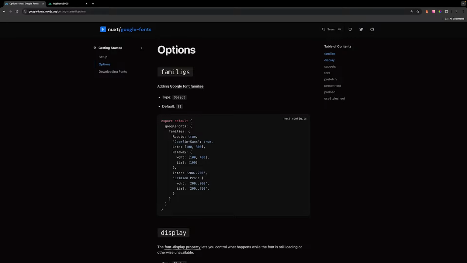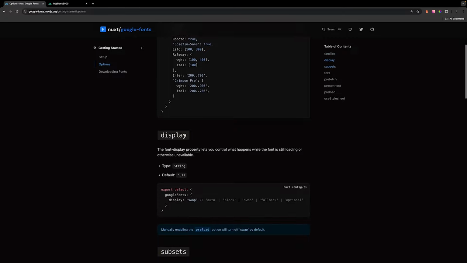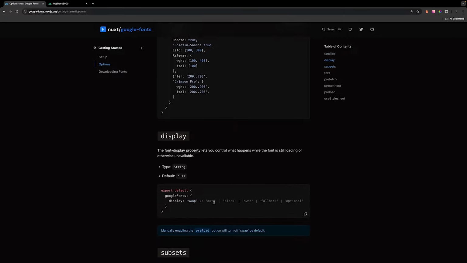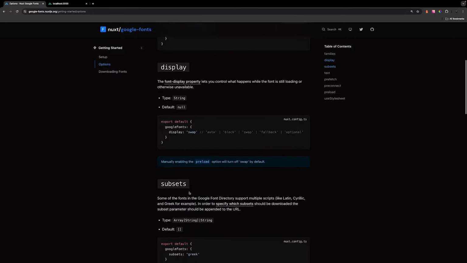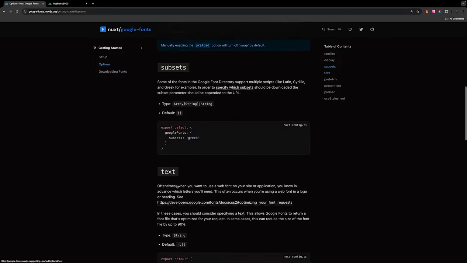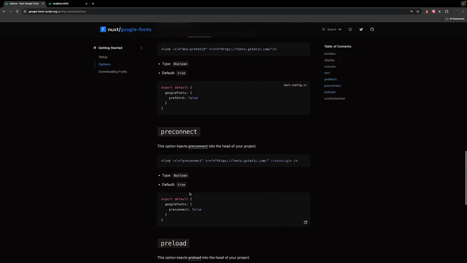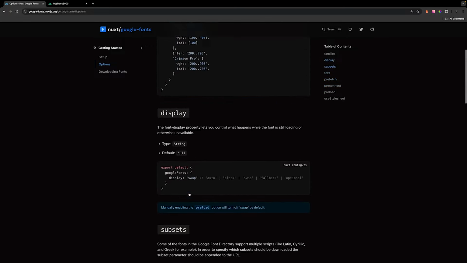So we have the families property, which we just looked at. We have the display property, which we can set to swap, auto, block, fallback, or optional. We have subsets, and we have a whole bunch of different things we can configure. But for the sake of this video, and keeping it very simple, we're just going to be defining the font